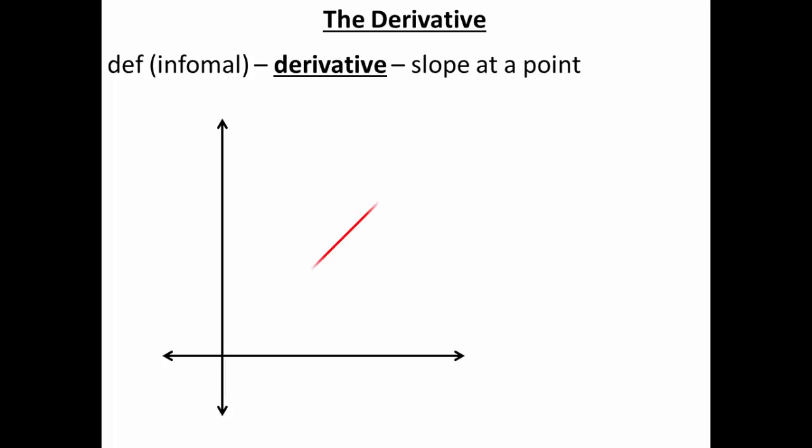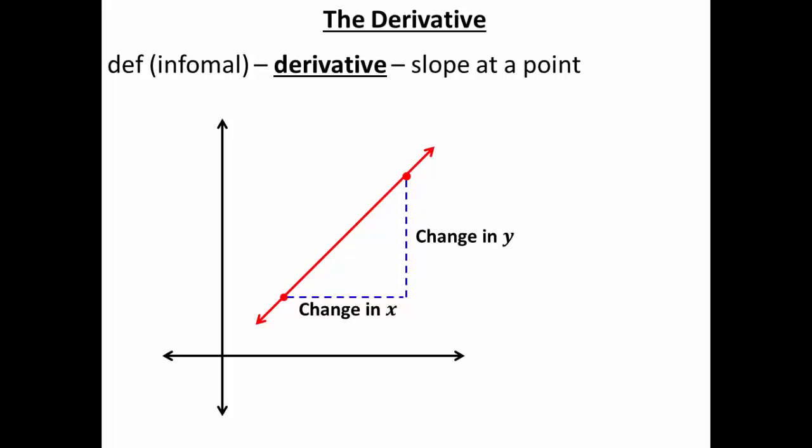Now up to this point, your understanding of slope has been restricted to the slope of a line. We've restricted ourselves to slopes of lines because it's just so much easier to calculate the slope of a line than it is to find the slope of a curve. The slope of a line is just a matter of finding two random points on that line and measuring the horizontal and vertical distances between those two points. So this would represent the change in x, this would represent the change in y, and for simplicity's sake, I'm